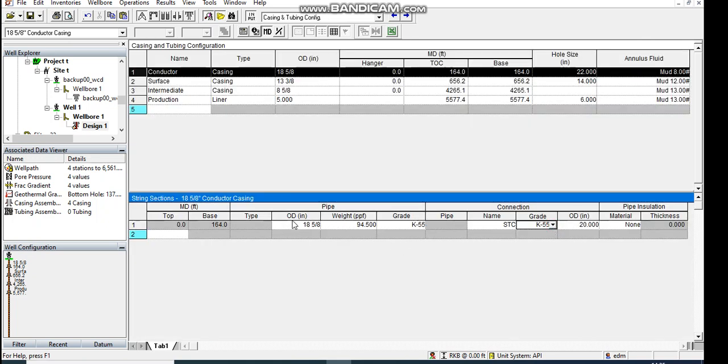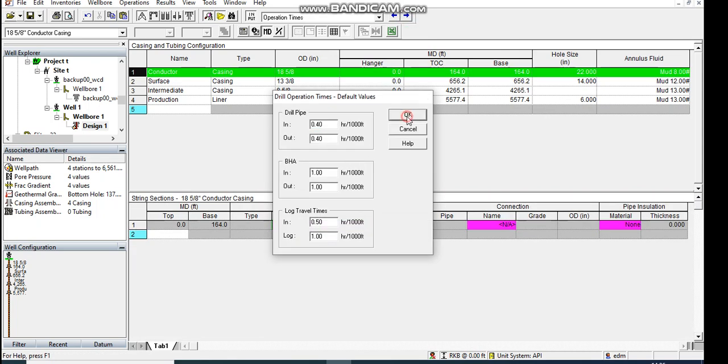So if you look at the inner diameter here and the inner diameter here, there are two different values. So we have to work on it so that we don't get an error